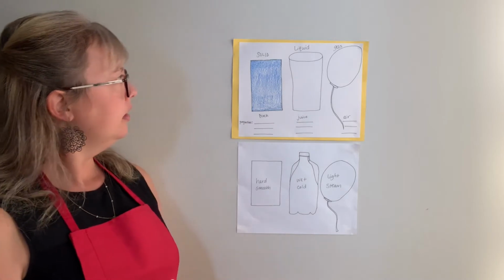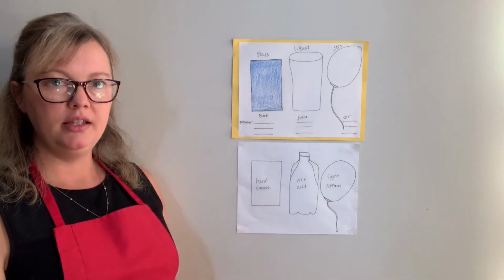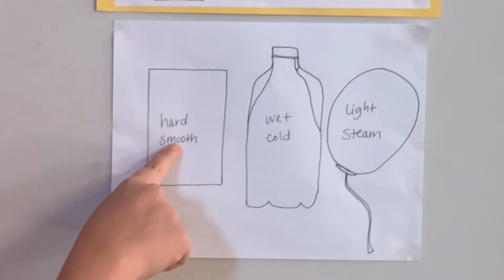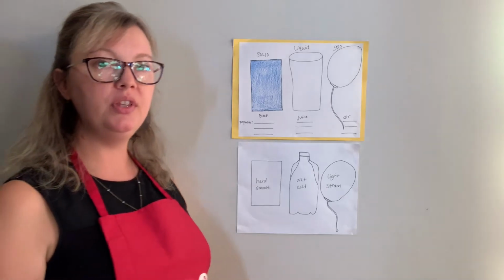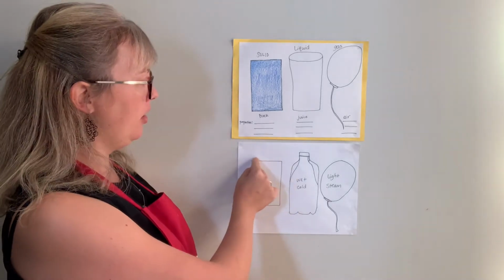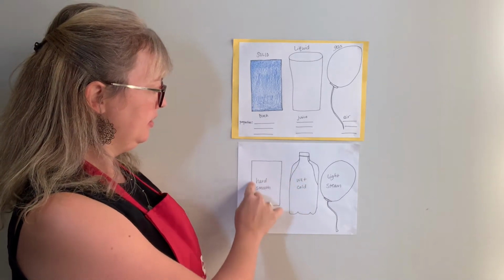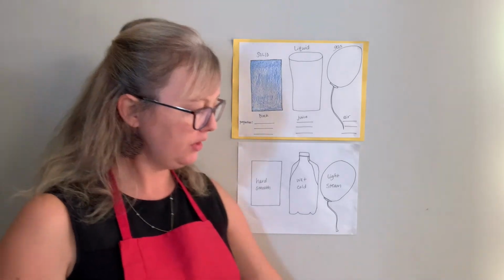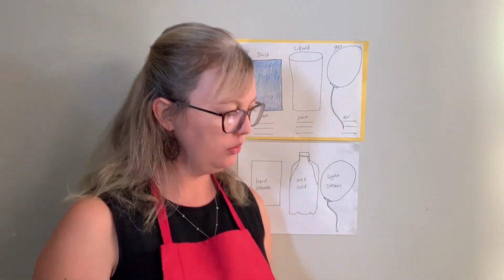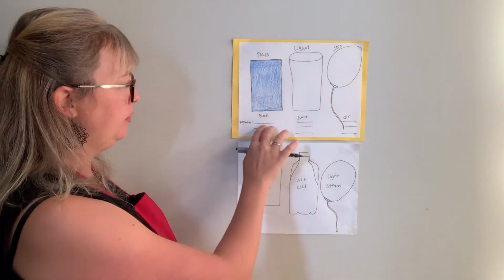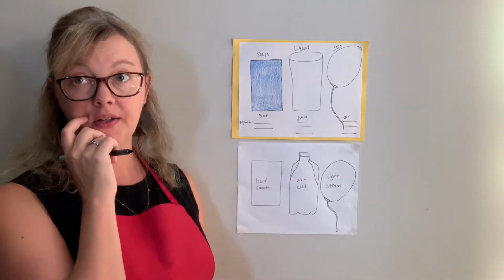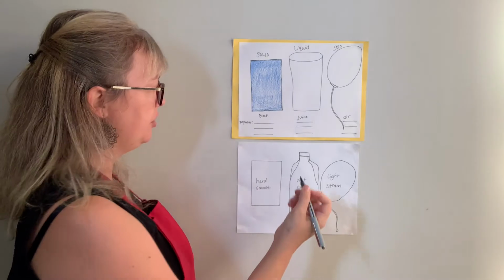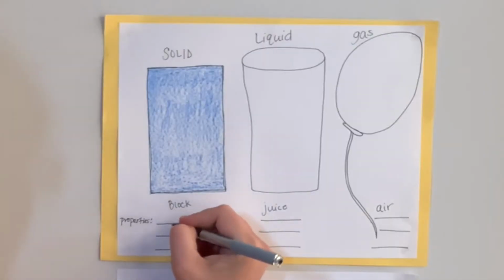Okay, let's say these two words together, hard and smooth. Now I wrote them in the block because they are properties of a solid. All right, so let's write our two words, our property words, under the word block. Okay, so we have our block, and here's our two properties: hard,